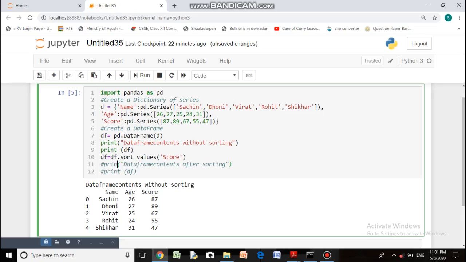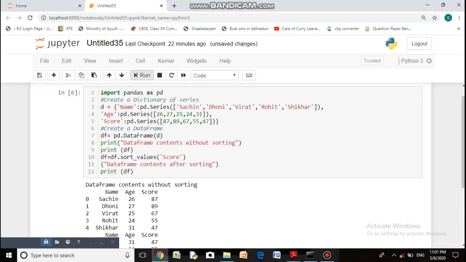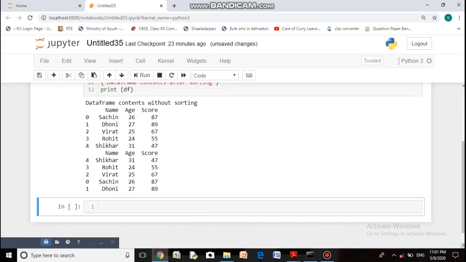And this is the line that we are displaying data frame contents after sorting. So this will again display the data frame after sorting. So this last line will print the data frame again after sorting. So let us run it again and see the result. So now you see the output here.